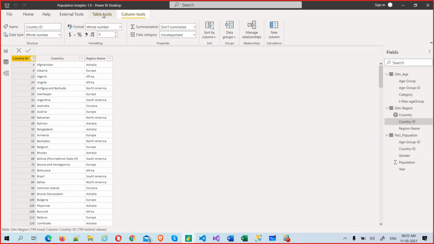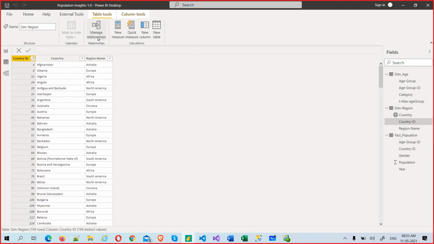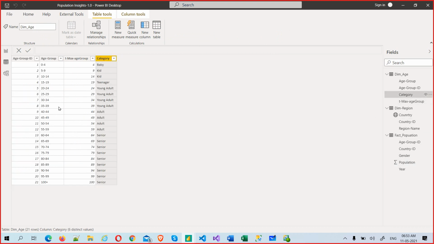Okay, data view, table view. Now in table view, you see manage relationships and measures. We'll come to measure, new table and new column. Now we'll talk about this new column concept. I want to have a column, so let's create a new column here. This is a small table, so that is the reason I'm taking this table. Here I want to create a new column.